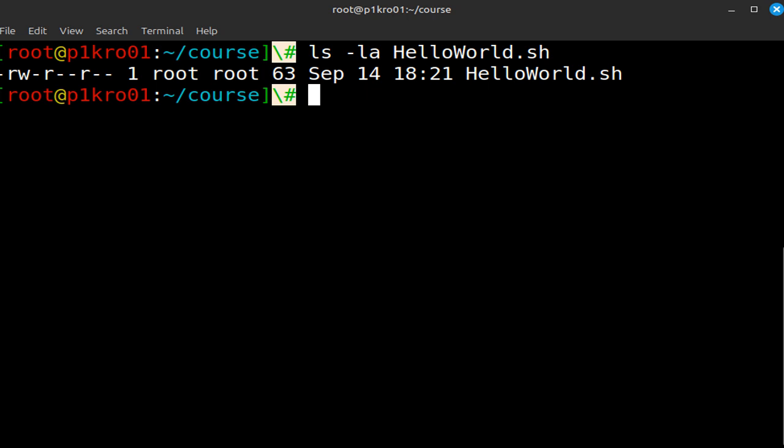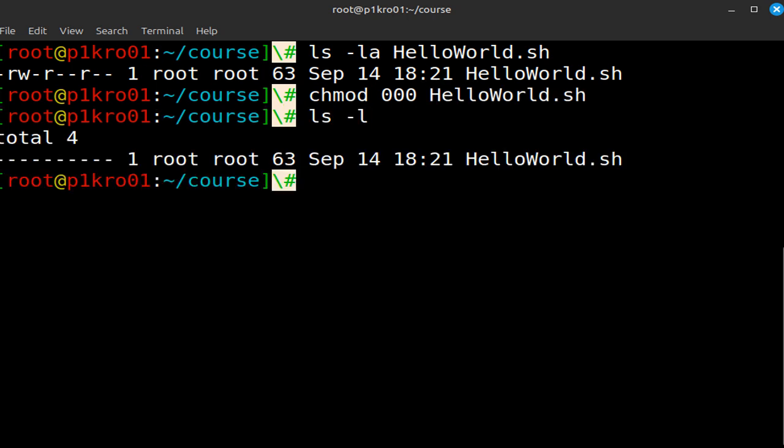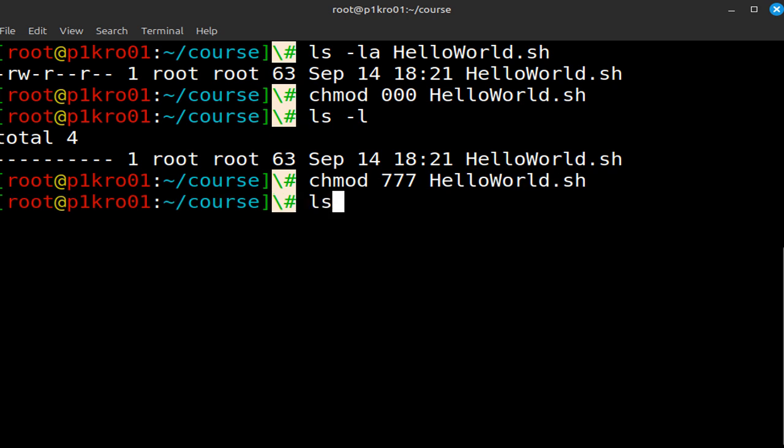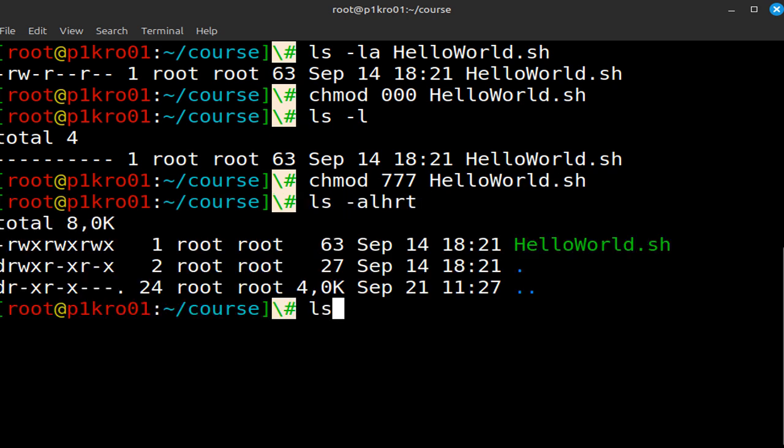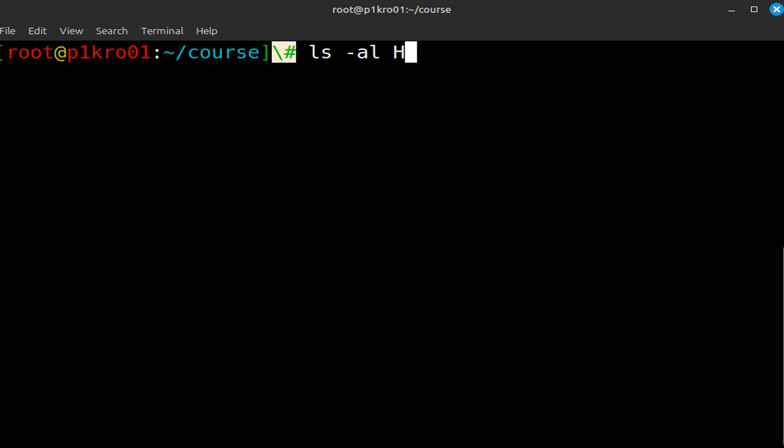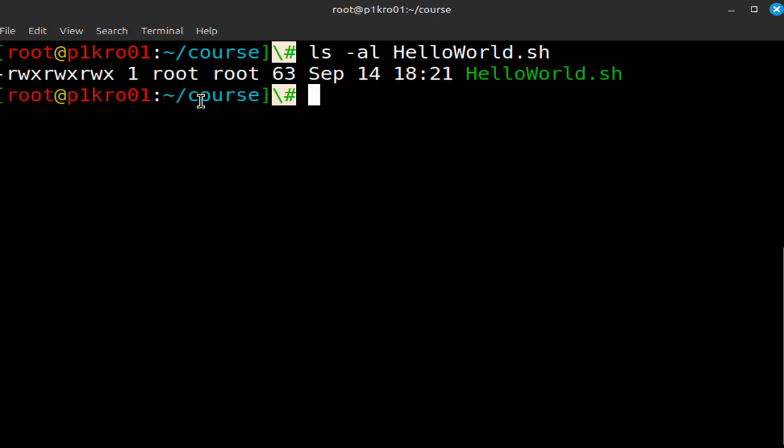I hope this was understandable. Takes a little bit of time to get it, but it's sometimes very easy to change the permission when you just need to do a number. You can do like 000, and then no one has any permission on the file. And on the other side, you can do a chmod 777 on the hello world, which actually gives, let's do a clear and then ls